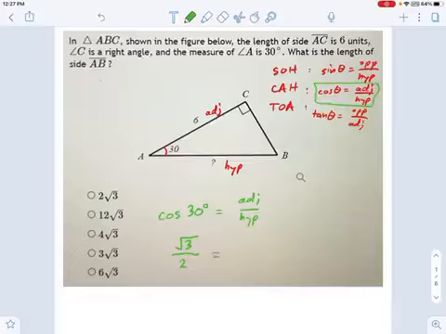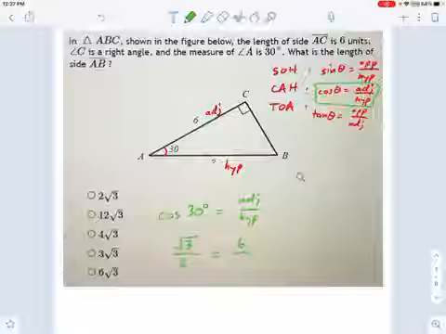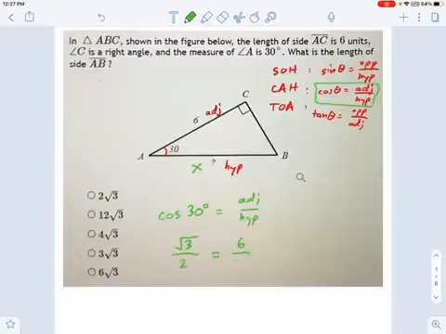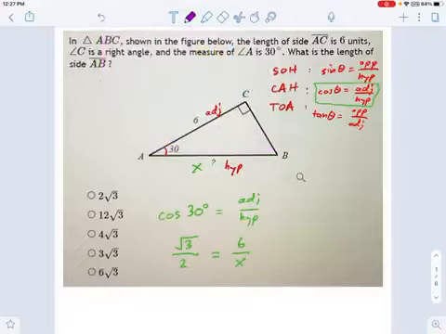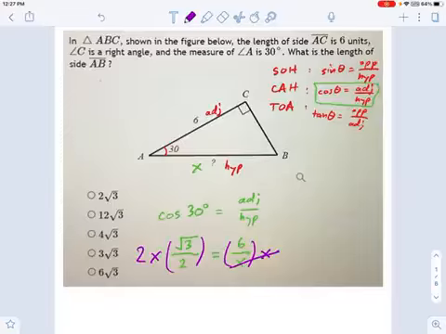And that is equal to, well, adjacent is 6. And the thing I want, I'm just going to call that x. The thing I want is x. That's the hypotenuse. So all we need to do now is just rearrange this. It's a formula. It has one variable. We can solve this by multiplying both sides by things to get rid of those variables. First thing I'm going to do is multiply both sides by x. That'll cross out these x's. And then I'm going to multiply both sides by 2. That'll cross out these 2's.